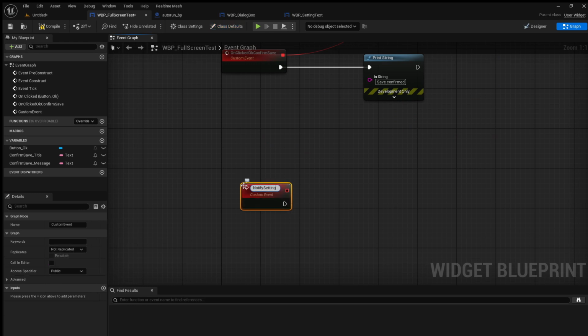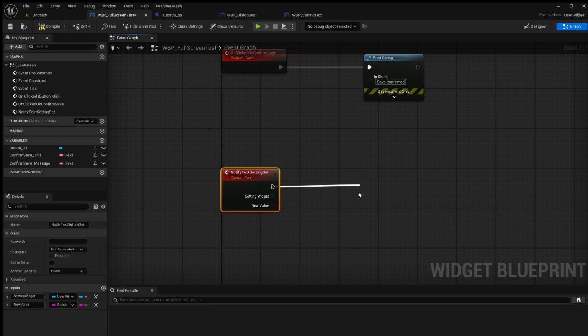notify setting set, and I'm going to make that text because we might do a number. I don't think I've got time for that. I think I'm rambling too much. And let's say setting widget is my preferred thing. Generally safest to pass around user widgets. And then that's enough information because we can read stuff from it. But I'm going to have new value. So it's a little bit redundant,